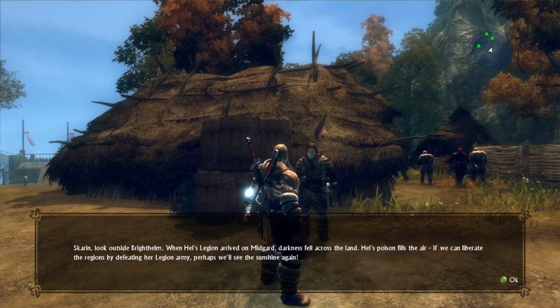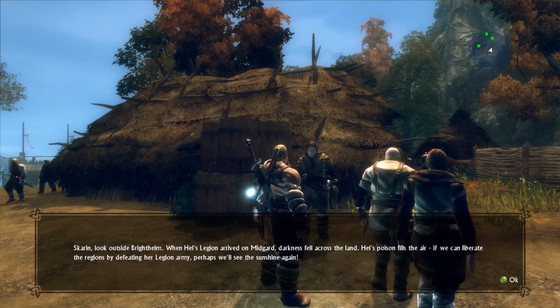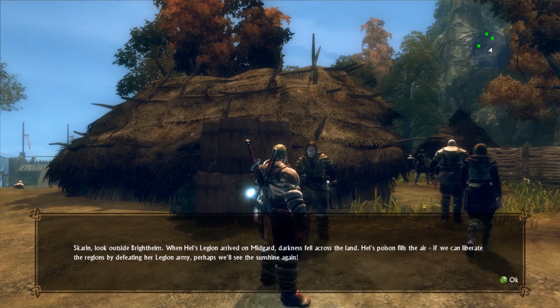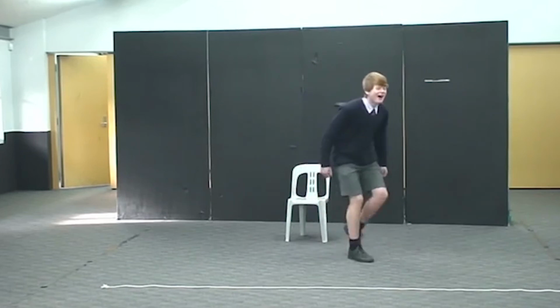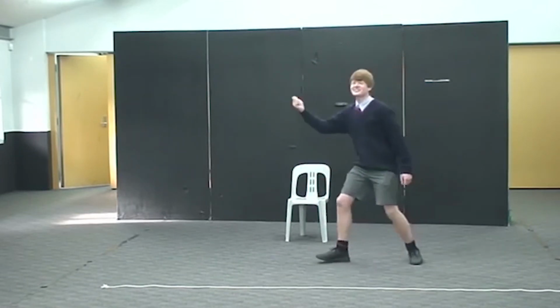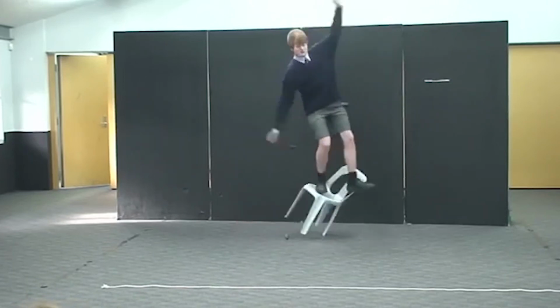Skarin, look outside Brighthelm. When Hell's legion arrived on Midgard, darkness fell across the land. Hell's poison fills the air. Well, it is nobler in the mind to suffer the slings and arrows of outrageous fortune. Or to take...